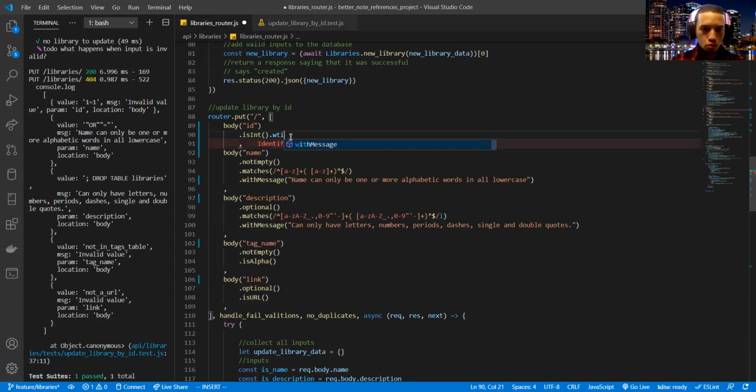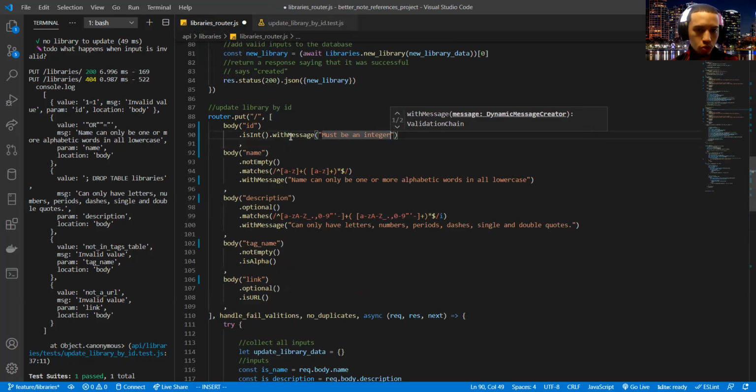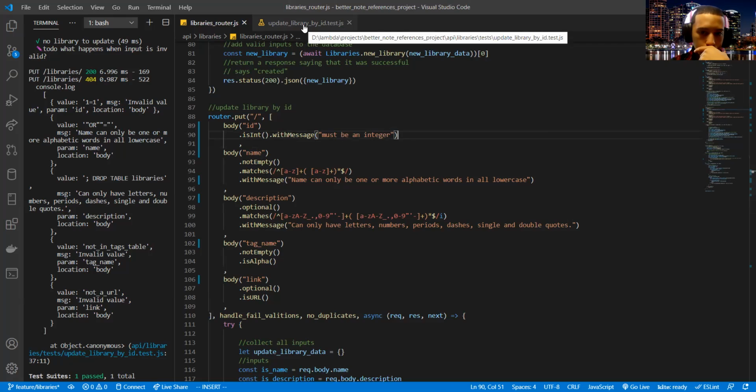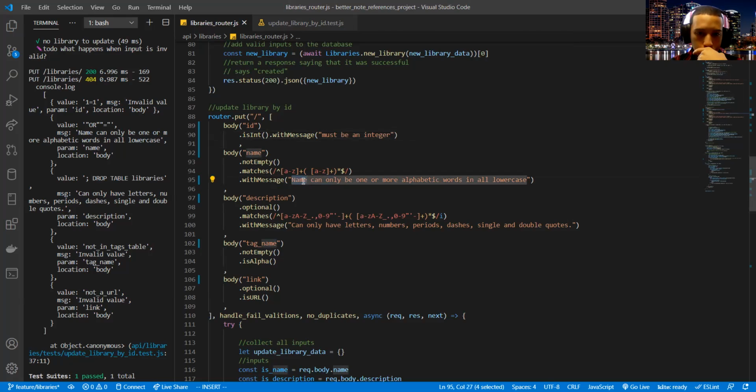Should do this with a message. Must be an integer. I'm not gonna say what must be an integer because the front end could just select the parameter and go from there. So I'll make it like this just in case you don't want to use it like that, which I might want to change.